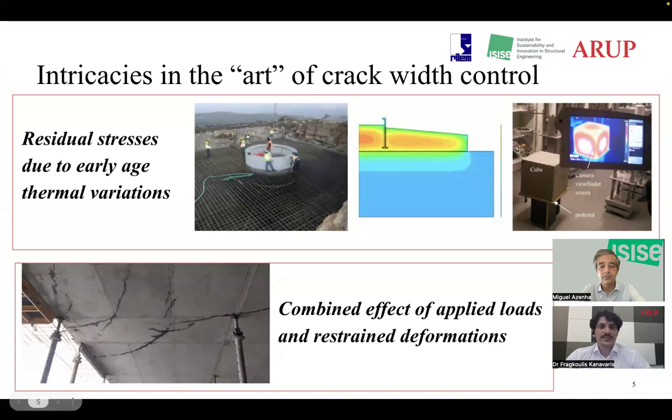So what are the intricacies of the art of crack width control in concrete? They mainly originate from how the cracks would be formed, and that also dictates the mitigation approach for these cracks. Firstly, we can have massive concrete structures where residual stresses are developed due to early age hydration temperatures, such as what we get in massive concrete foundations and other massive types of structures such as dams. And then we get stresses that develop in most, if not all, concrete structures due to the combination of applied loads and restrained deformations. And in this scenario, shrinkage and creep are very hard to predict, and many are also the variables and complexities to consider.